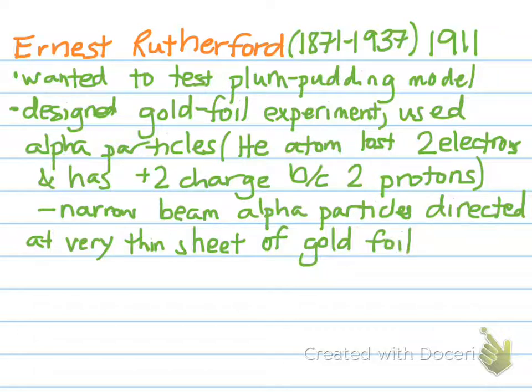So basically, he's using these alpha particles to shoot the gold foil. Again, he's a scientist, okay? So he's designed his experiment and he's going to say what he expects the results to be. So he says if the plum pudding model of an atom is correct, if we have this positively charged matter with these negatively charged electrons evenly spread out throughout it, then he predicted that the results